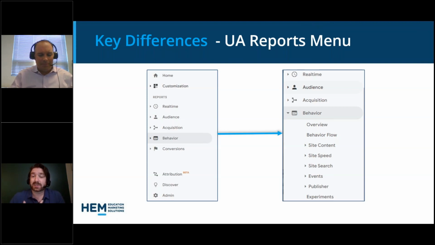So the previous version of Google had lots and lots of reports that were pre-built. There's literally dozens of these. If you're somebody who uses it very frequently, you probably like that you can find your way to the one you wanted. But if you're new to it and don't use it often, it's probably a little bit confusing.